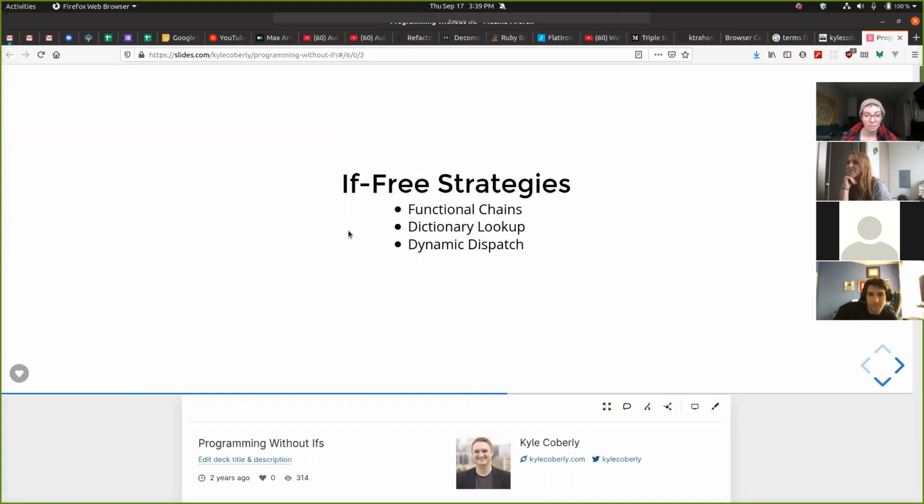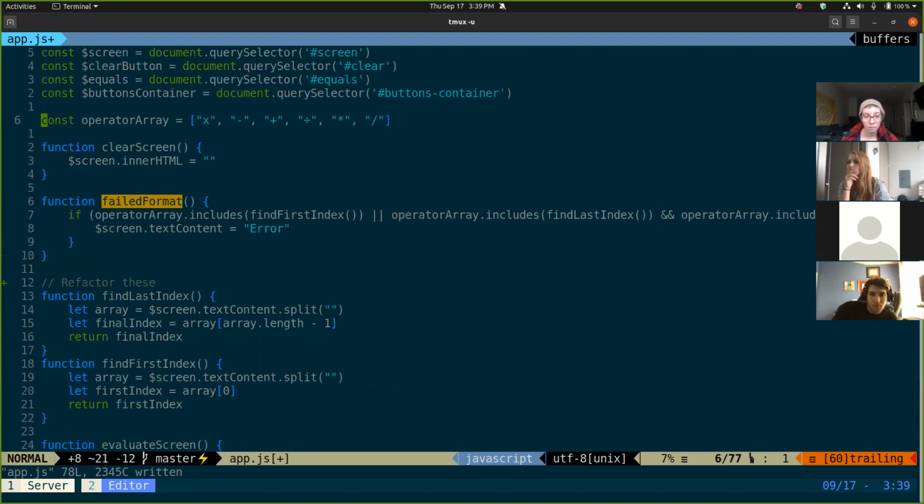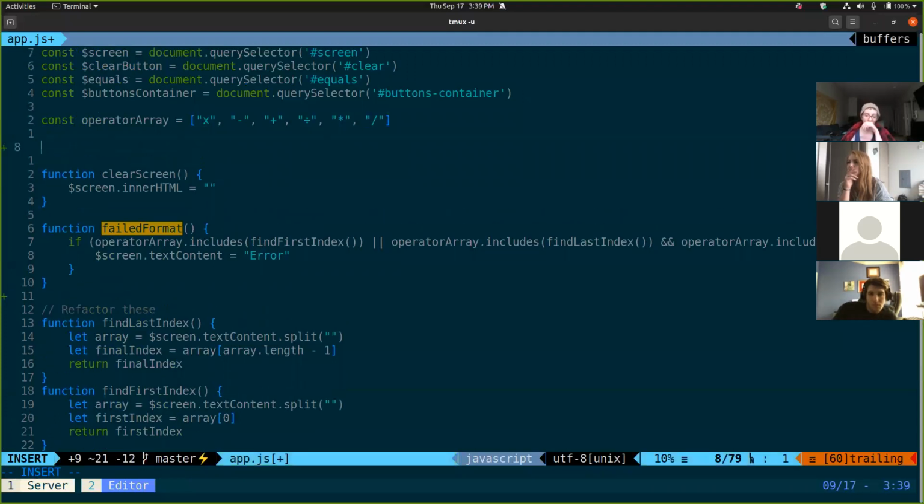Dynamic dispatch. The other one is dictionary lookup. They're almost the same. Dynamic dispatch is like 10% more complicated. The idea is that instead of doing something like this, like if you were doing the division symbol and the X for these, but you needed to look these up, you could make a mapping. So you could say something like operators,